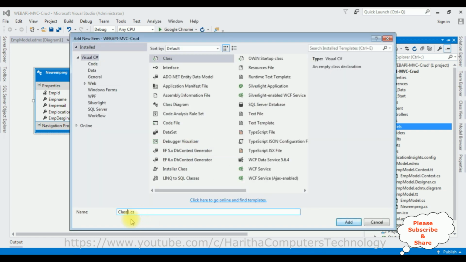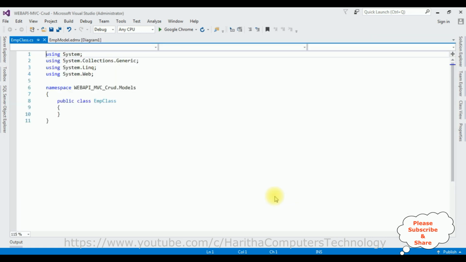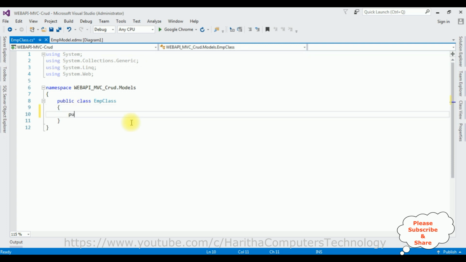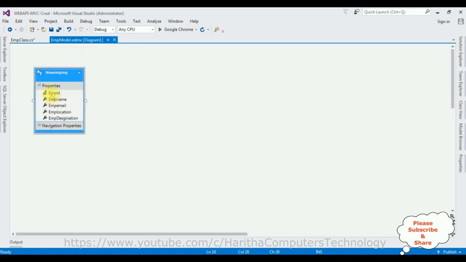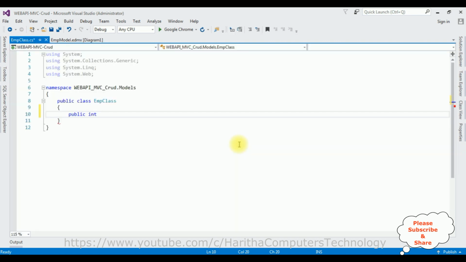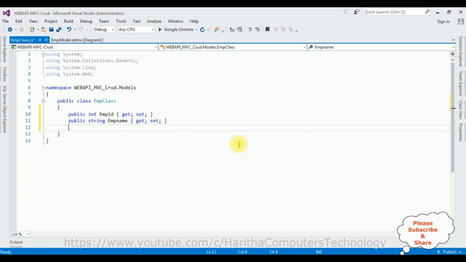Let's give the class name EMP class. Click Add. And here we got our EMP class. Now in this class, I'm adding public int. The column names are EMP ID, EMP name, email, location and designation. Let's add those ones. EMP ID, get set, public string, EMP name, get set,